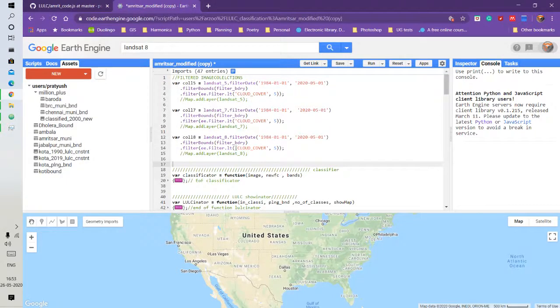So you'll see here that I have taken the Landsat 5, 7 and 8 image collections, and then I filtered them according to the date and the filter boundary, which for my case is Amritsar, and then according to the cloud cover in that imagery, which I have taken as 5%. So when I print this variable,